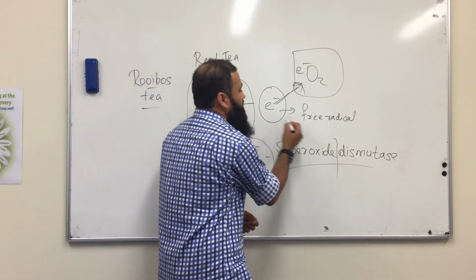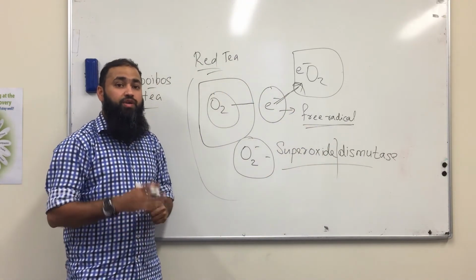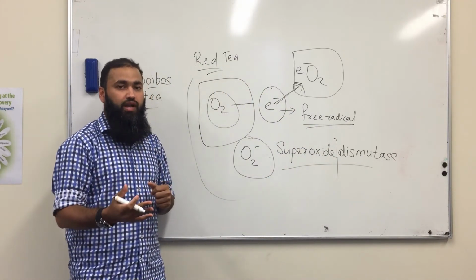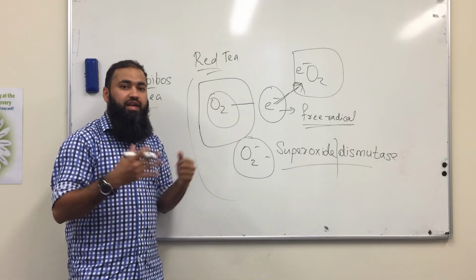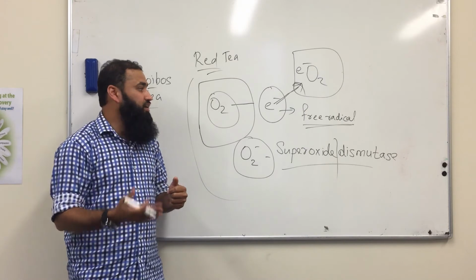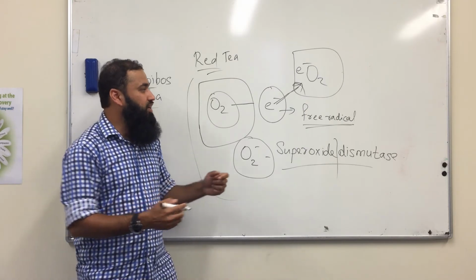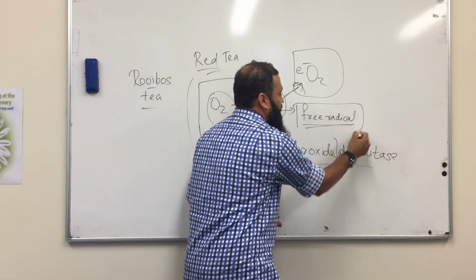Now we need to remove these free radicals from our body. To remove free radicals, we need to eat antioxidant food items like dark chocolate, red cabbage, yellow fruits, turmeric, and some strawberries. All these food items can remove these free radicals from our body.